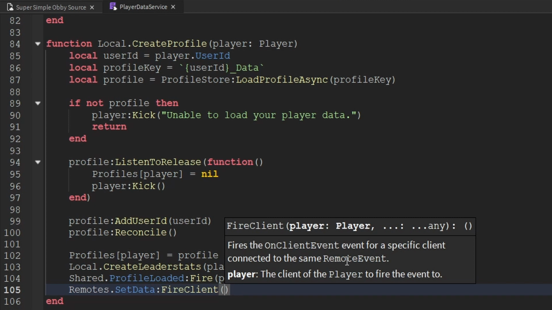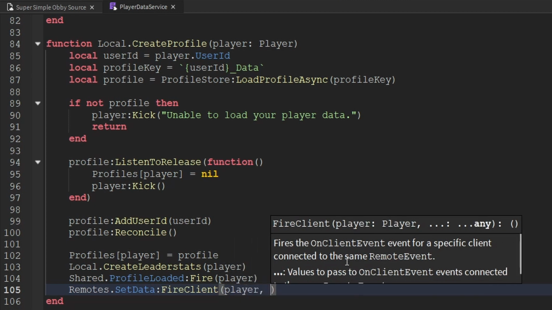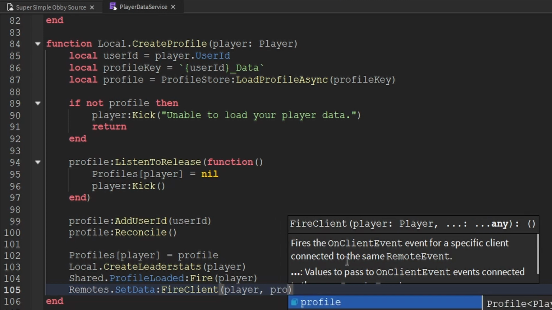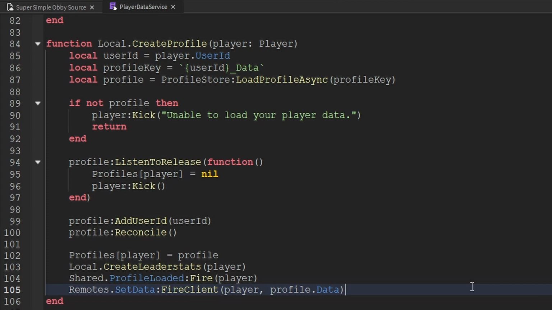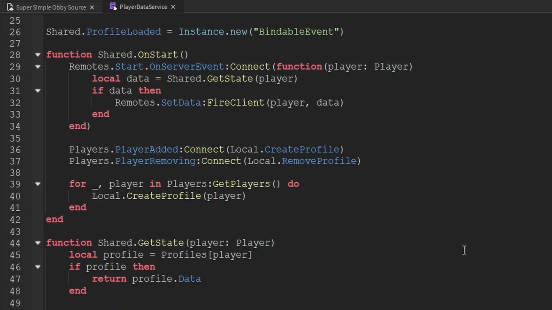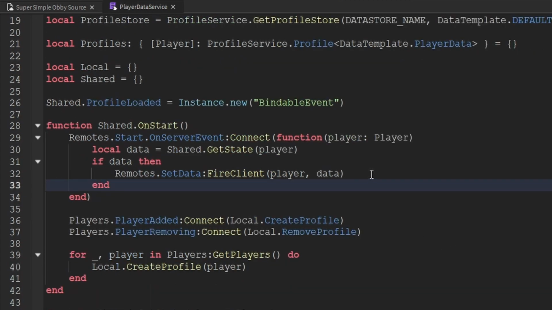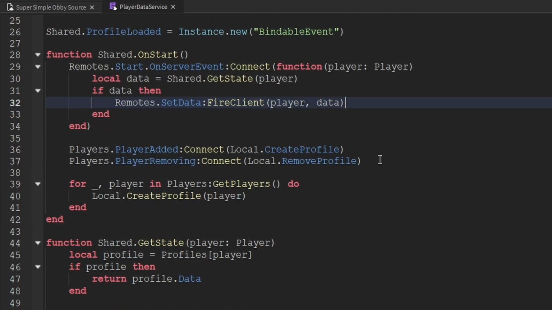And who do we want to fire this off to? Well, we want to fire it off to the player that we just loaded. And what do we want to fire off to them? Well, we would want to fire off their profile.data. So we would want to send them their data. So with that being said, we're now guaranteeing that the player will receive their data, whether that's as soon as their profile is loaded, or if their profile has already been loaded, then right after the start remote event has been fired. But there's one more thing that we need to do inside of the player data service,